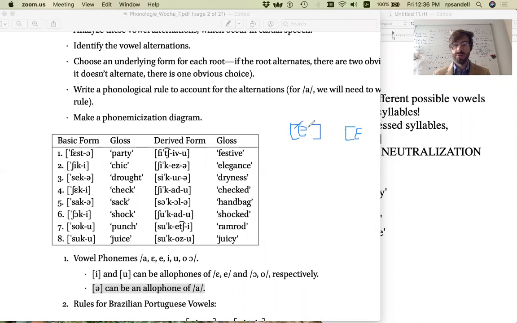Sorry, I should start over here. Let's clear this. From the phoneme, let's say A, for instance, this phoneme has two possible realizations. It can be realized as A in stressed syllables, but as E in unstressed syllables. And interestingly, this E